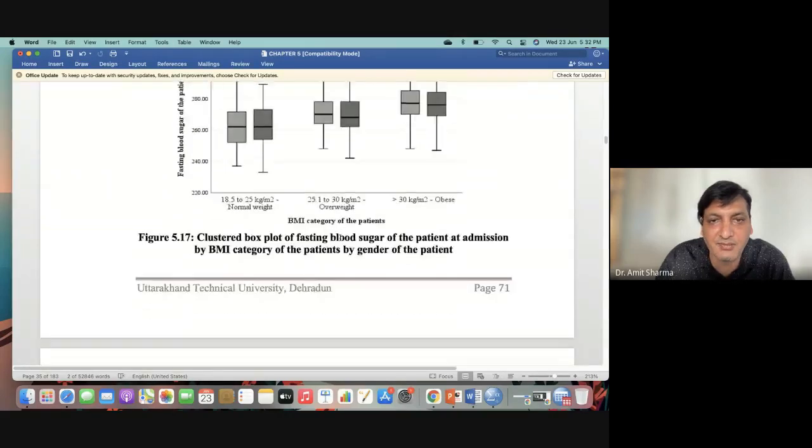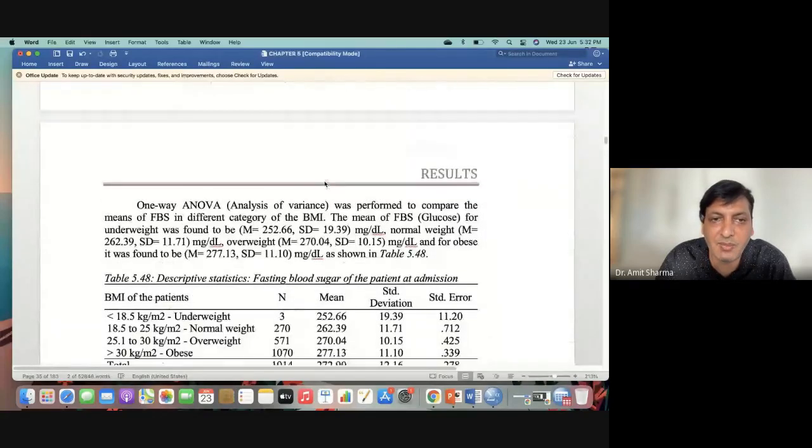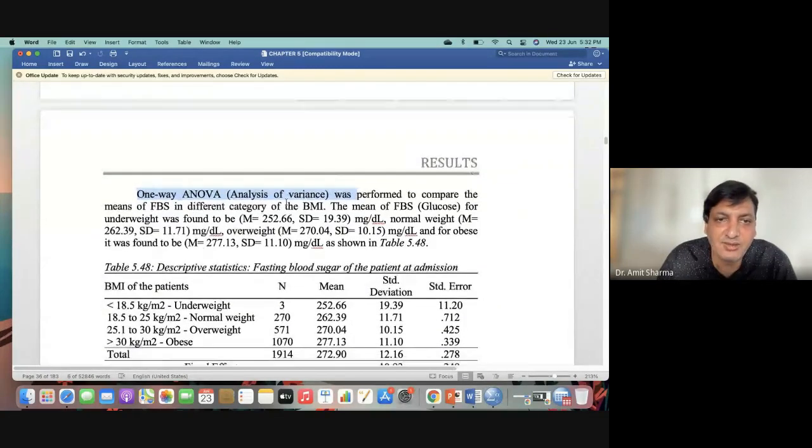Clear? And to make this plot, I have applied one way ANOVA. So how to write the result of one way ANOVA? This is the writing style. You can write that one way ANOVA, analysis of variance, was performed to compare the mean of fasting blood sugar in different categories of BMI.